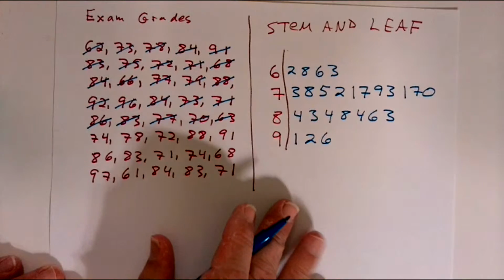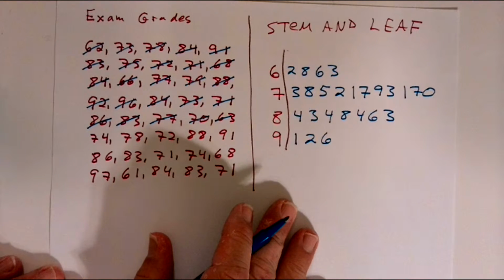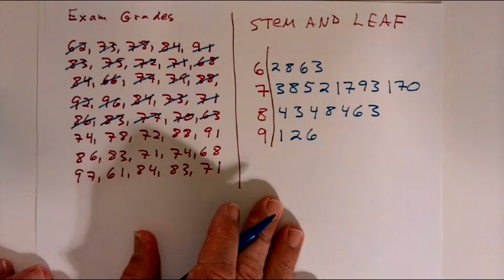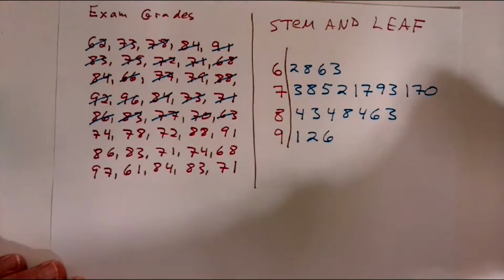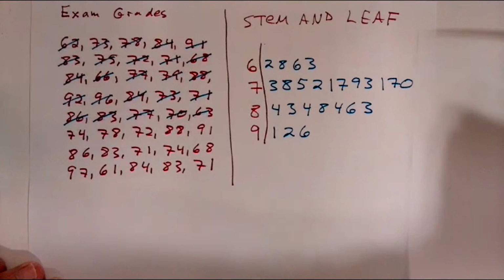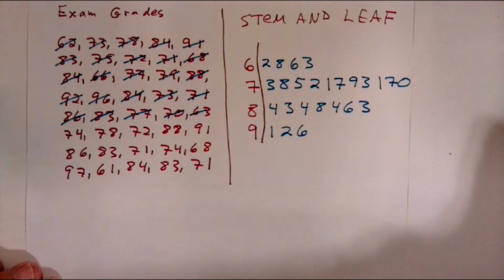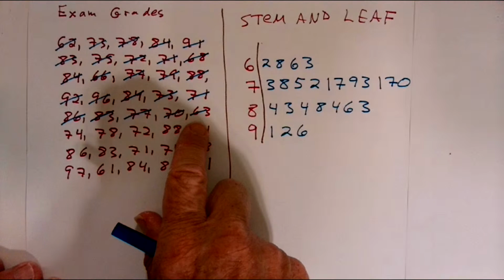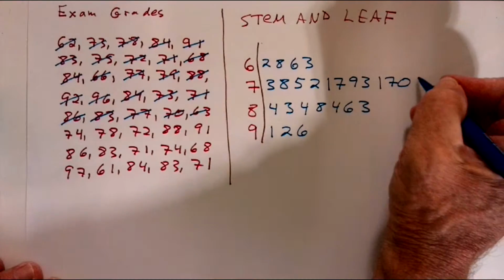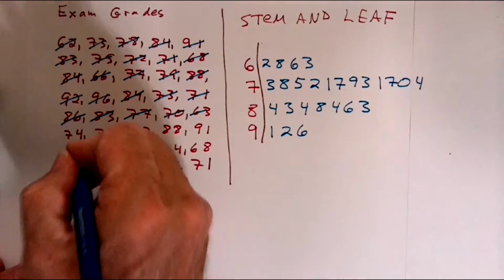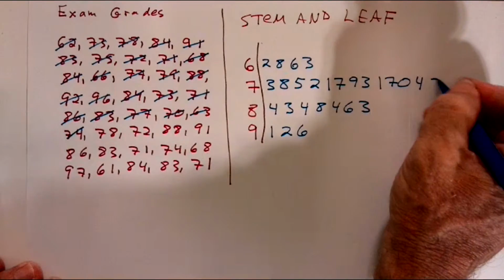63, and I'm running out of room on my 7 column. So I'll go ahead and add another piece of paper here so I can extend it. So 63 was the last one I had. Then I have 74 here, 78,